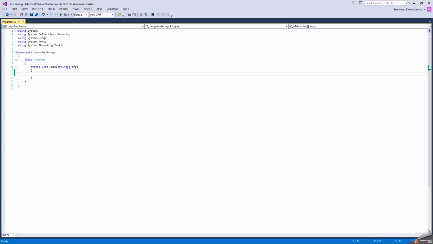arrays first. Because we did some loops earlier, we did some conditional statements, we got to know how to construct a conditional statement and played around with it a bit, and we got to know two loops. One is the while loop, and the other one is do while loop. So they are kind of similar to each other, but they have some differences. And before we get to know another type of loop,